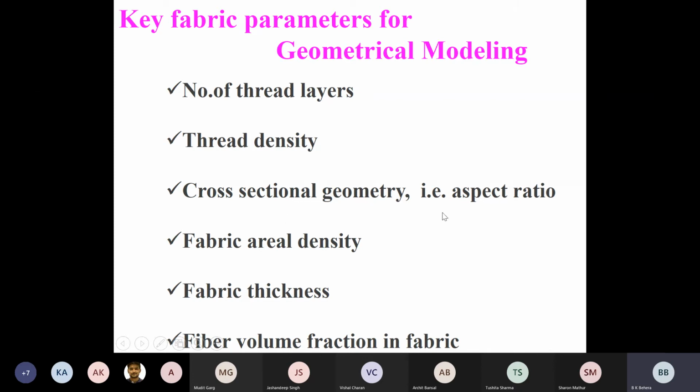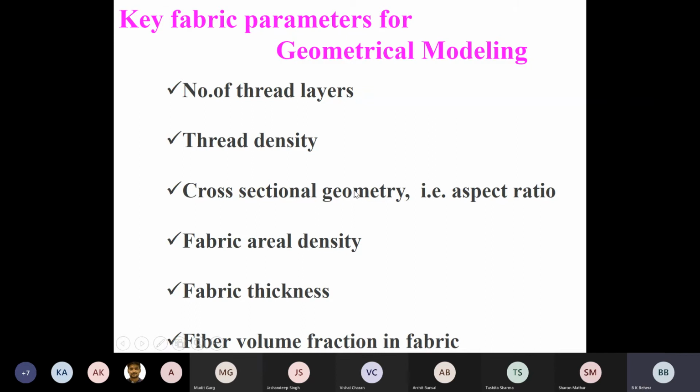Then cross-sectional geometry. This is very important, which we are doing now. For example, you recall Pierce geometry. We are assuming that all the yarns are circular in cross section. And I have also given you some examples in the last lecture, if you recall. If the cross-sectional shape changes, the fabric properties will change. And regarding the change of cross-sectional shape, I have already shown you one in the last class, in one numerical also, in all the groups, that is aspect ratio, major axis over minor axis.